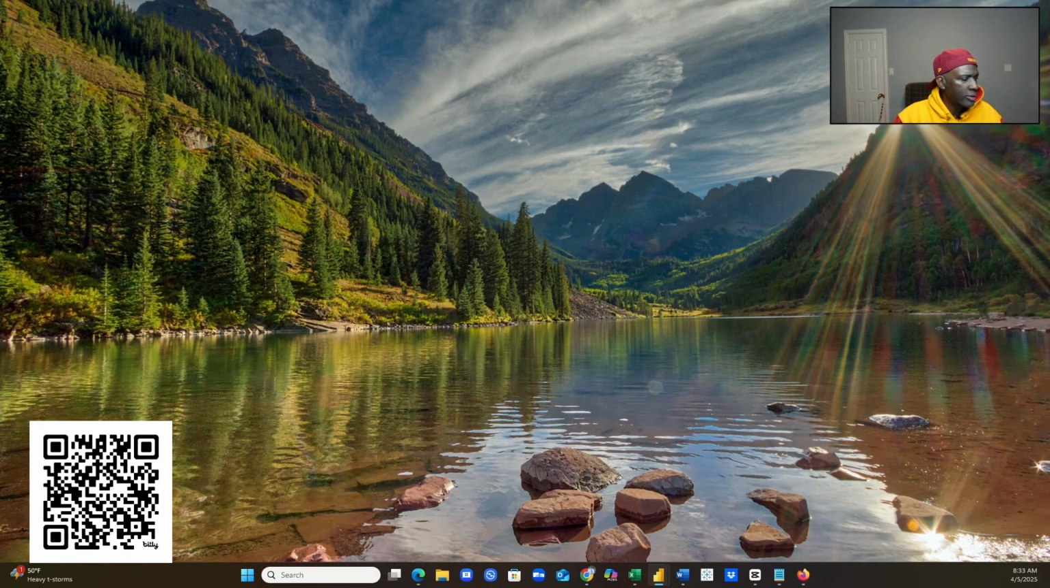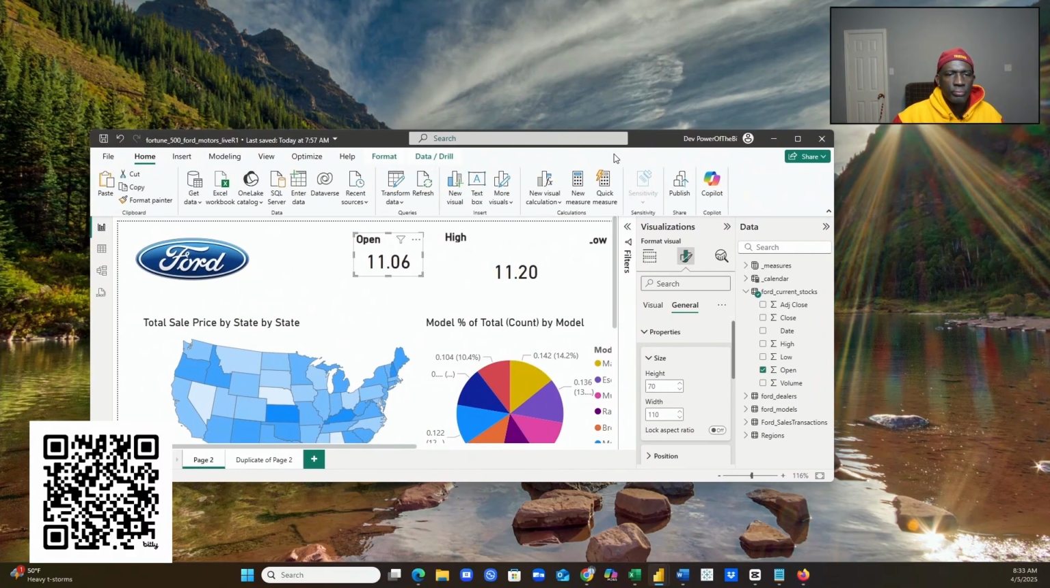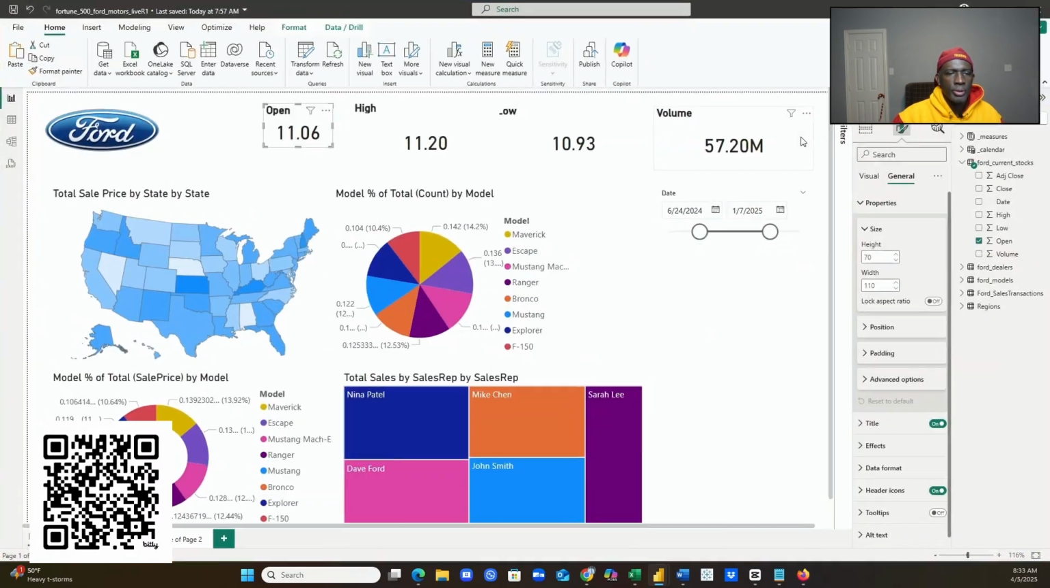73 by 110. I'm going to actually call that 70 by 110. Couldn't see it on my screen. So I just call this 70 and the width is 110. So I'm going to change all of my cards to be the same size. 70 by 110. 70